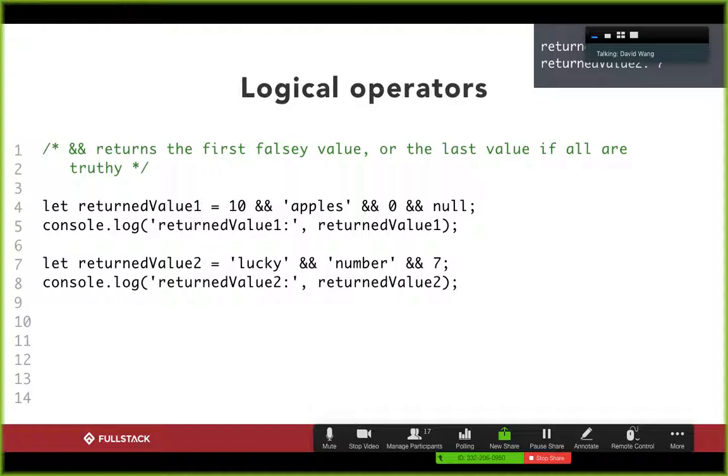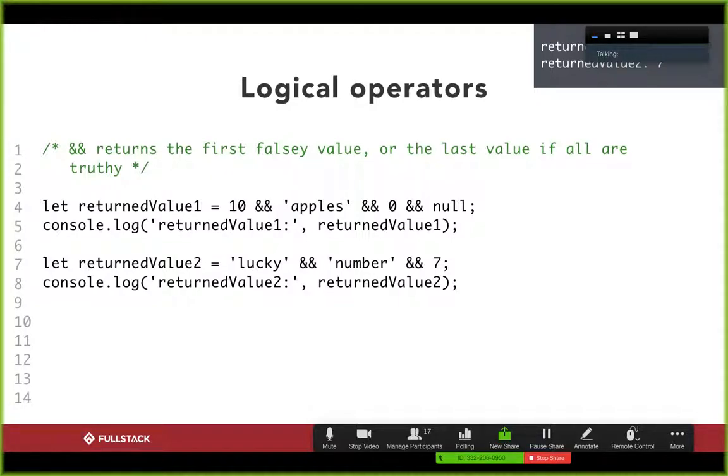My answer is going to be false. And so therefore, we say that the AND operator returns either the first falsy value it encounters, or it returns the very last value if everything is truthy, right? If it managed to make its way all the way to the very end. And so if I look at the output of an AND operator, if it's false, then I know that the AND operator found at least one false value in that chain. But if it returns true, then I know that it went through the entire list and every single thing in